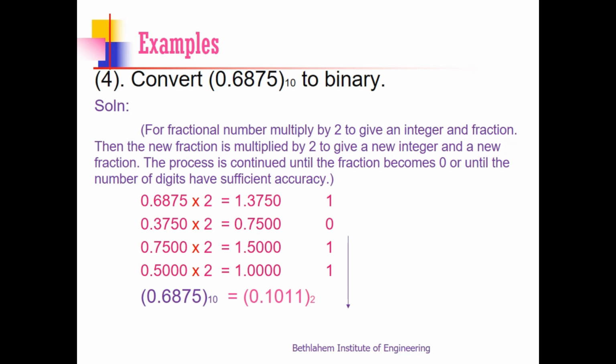See, in the second step itself, we got the integer as 0, but we didn't stop. We have to stop the procedure when the fractional part is 0. See here, we got the fractional part as 0, so we have stopped with this. And then you have to write the answer from top to bottom like this. First you have to write this 1, then 0, then 1, 1. 1, 0, 1, 1. Before that you have to place a decimal point, because we are dealing with this integer part, we have to put a decimal point here.